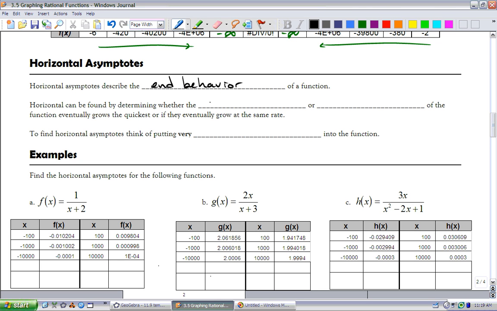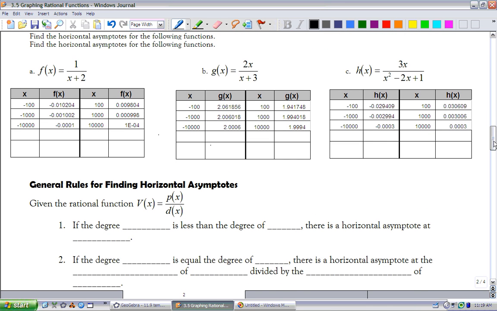they can be found by determining whether the numerator or the denominator of the function eventually grows the quickest, or if they eventually grow at the same rate. To find horizontal asymptotes, you can think of putting very large numbers into the function. Alright, so just before we get to the general rules, let's take a